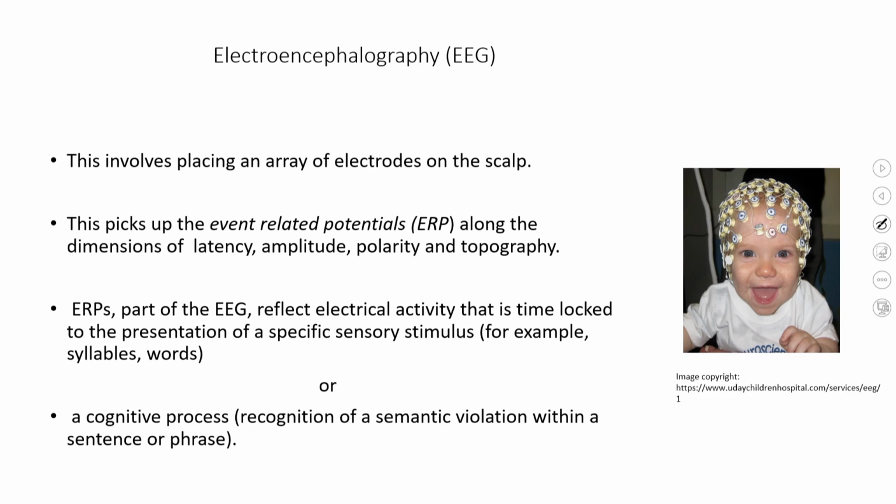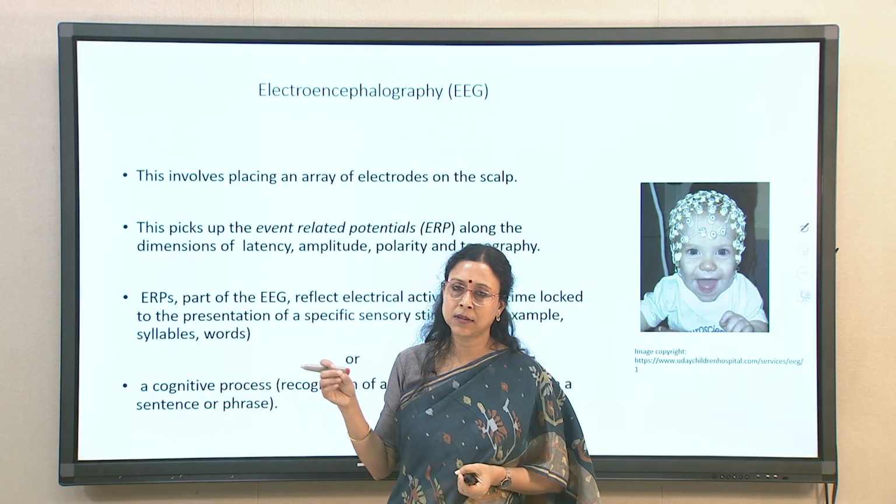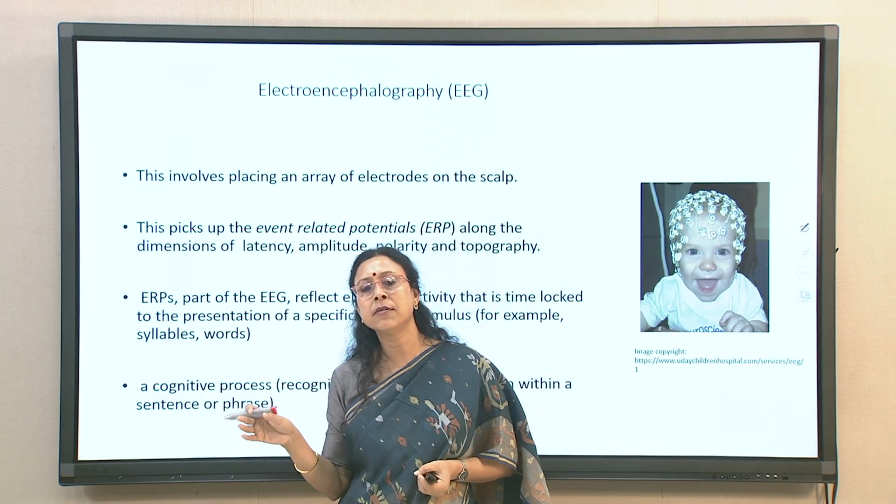So, simply put, when you are busy doing some kind of function, speaking or playing something, or simply blinking your eyes, the electrodes will pick up the signals from the area that is involved in that function, and that will be amplified through some machines, and ultimately what we see is a wave, and depending on the data we will be able to